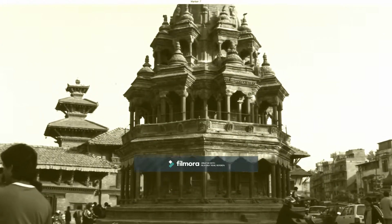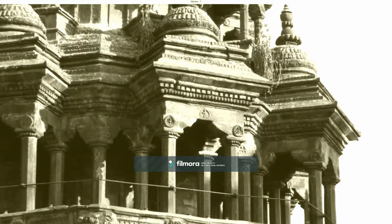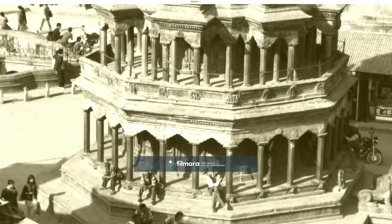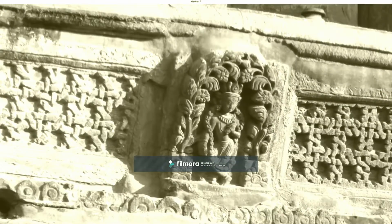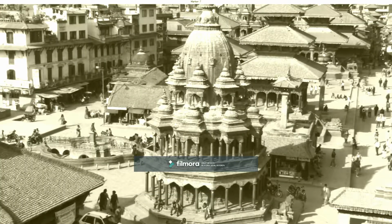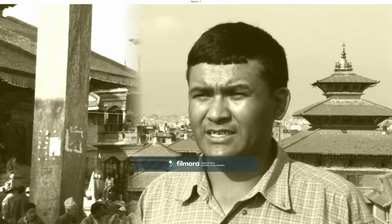This temple is dedicated to Krishna and his girlfriend. Krishna is the god of love. This temple opens only one day after Krishna's birthday. This year, Krishna's birthday was on the 24th of August, and all the public people enter and worship the god of love Krishna. Till 1637 it had taken time to